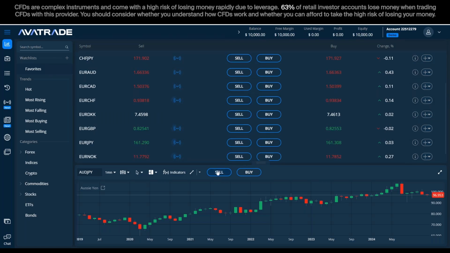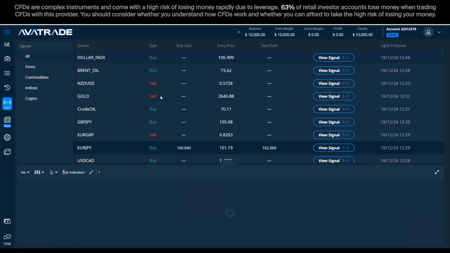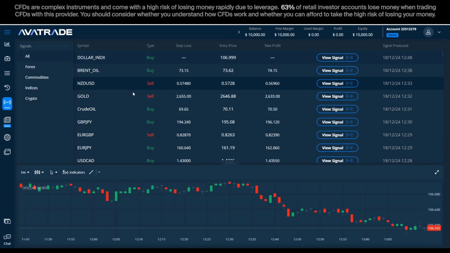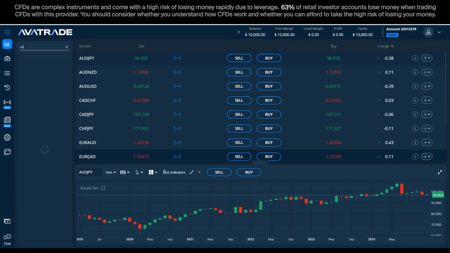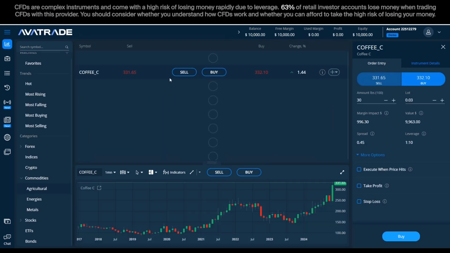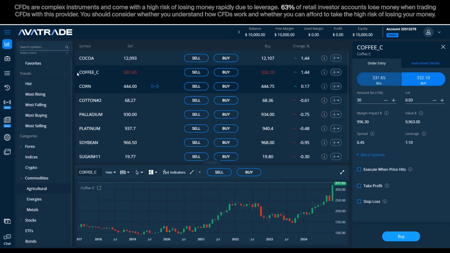And now I want to know if coffee has a signal, and I don't want to go through the signal section and search it manually, right? Because in here, as you can see, there is no search field. So how can we do this? Very simple. We're just going to type here coffee, click it, and we can immediately see that currently coffee doesn't